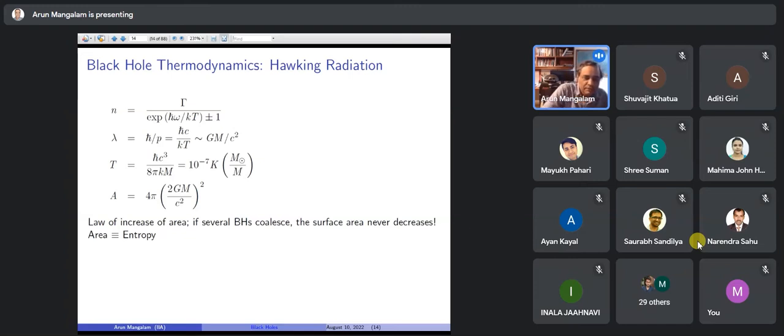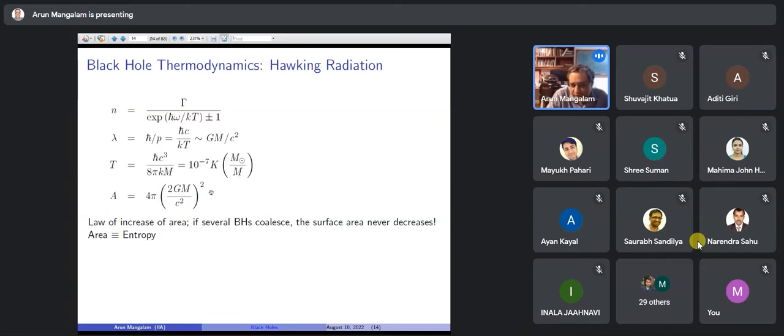So you can see this very remarkable equation of physics, which is relating thermodynamics, quantum mechanics, relativity in one shot. So then this gives you this very interesting temperature, where the temperature is 10 to the power of minus 7 Kelvin if the mass is that of the sun. And you know that the area goes as m squared, because m scales with the radius. So what does this lead to? So suppose you have the black body radiation, which goes as the area times T to the power of 4, then you will have m squared multiplied by T to the power of 4, which is 1 over m to the power of 4. So then